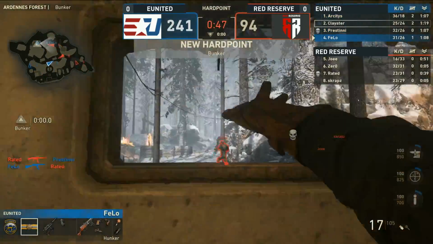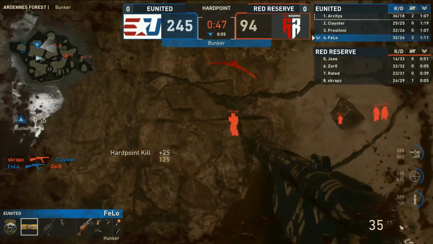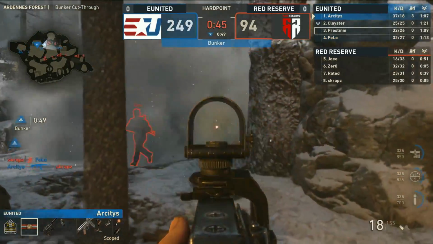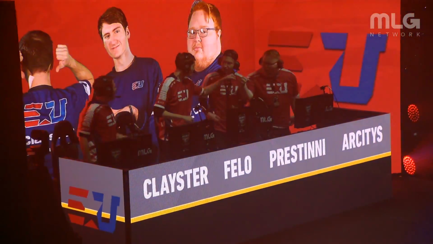They've taken control of this map, just 9 seconds away from taking this map 1. Yeah, hell, even in the objective by committee. But you only got 94 points. Yes. Did we get tacos here? Here we go. 250 up for eUnited as Red Reserve get cooked on map